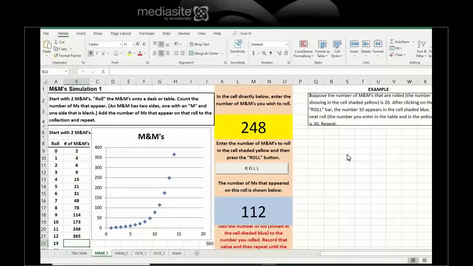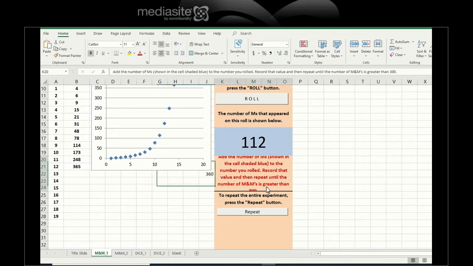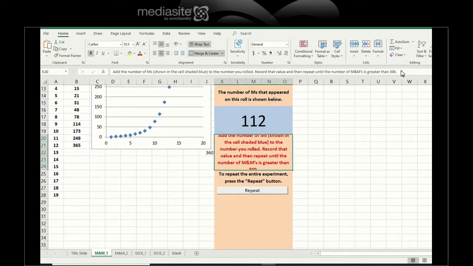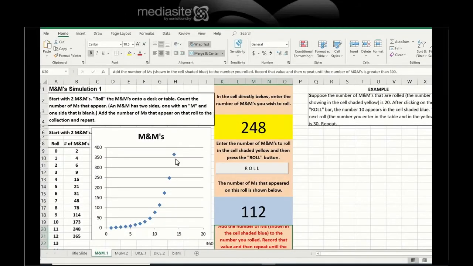All right, well, good. And we just need to go to about 300. Somewhere on it says repeating until the number is greater than 300. Here we go. Yeah. All right, that's it. And look at the shape. It's not linear,